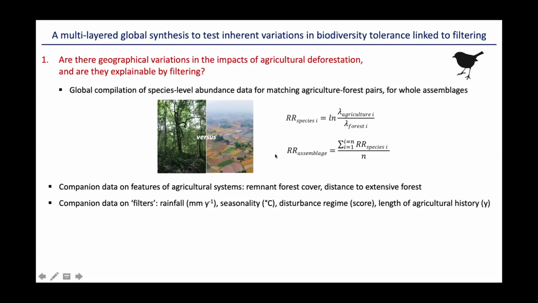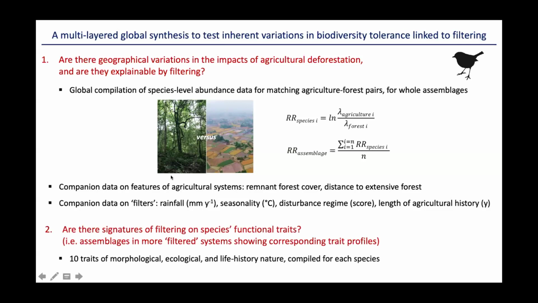We also compiled data on features of agricultural systems, because previous studies have indicated that this is an important explanatory variable. But of course, we also compiled data on factors of filters, to assess whether the observed differences in species responses may be explained by filters as well. I should also note that we limited our study to birds. The purpose is to avoid introducing variation linked to different responses by different taxa, so we limit our scope to birds, the same taxa that may be expected to have more similar